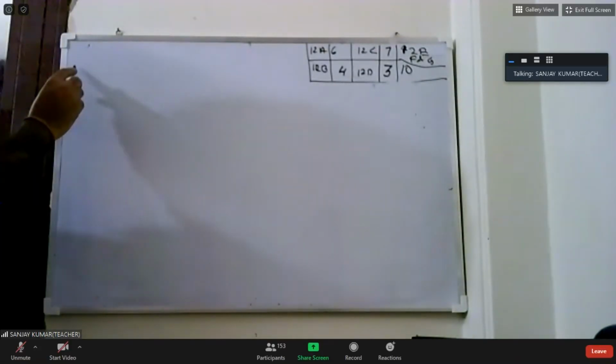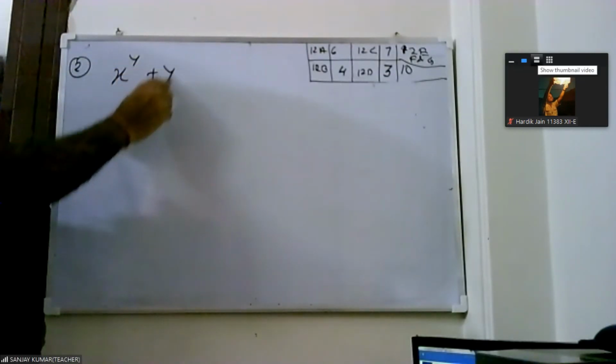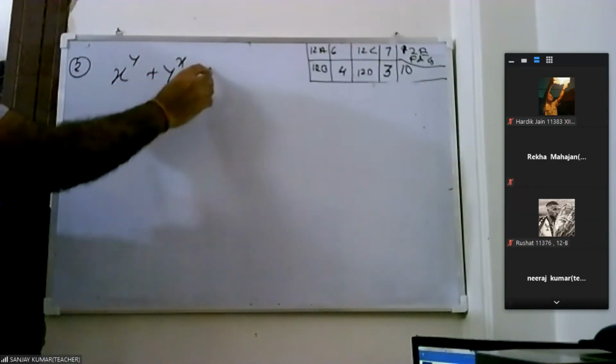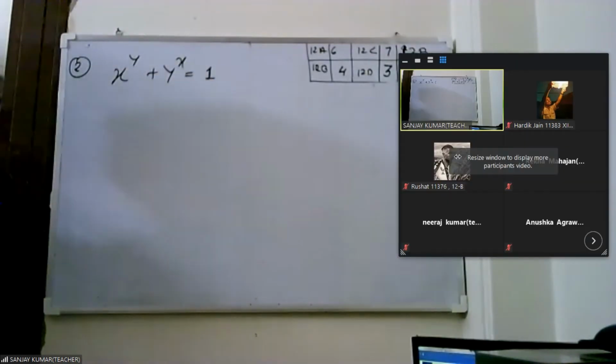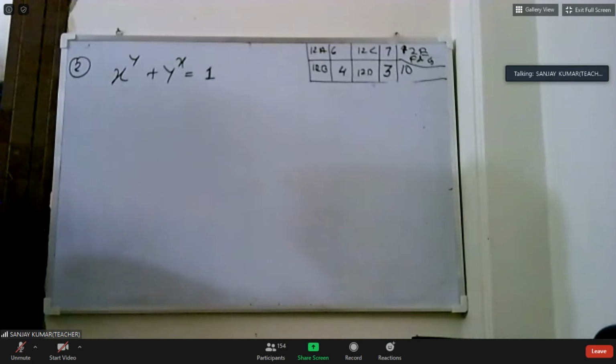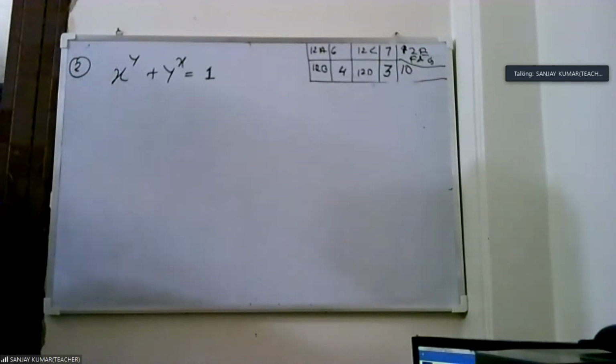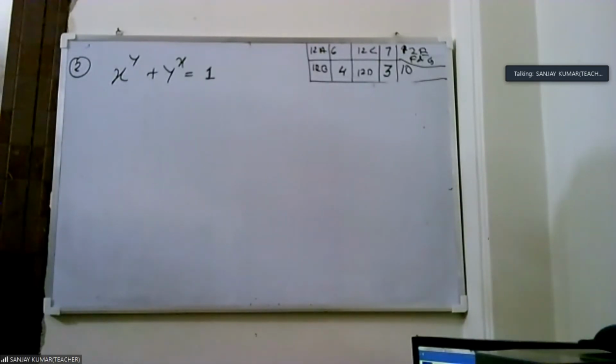Okay, now you see the second question. This is x raised to power y plus y raised to power x equals 1. He asks, what is dy by dx? Because this time we are not given y equal to something, we are given 1 equal to something. This is again a question from NCERT: x raised to power y plus y raised to power x equals 1, find dy by dx. So the main problem is that this is not given as y equals, it is given as 1 equals.